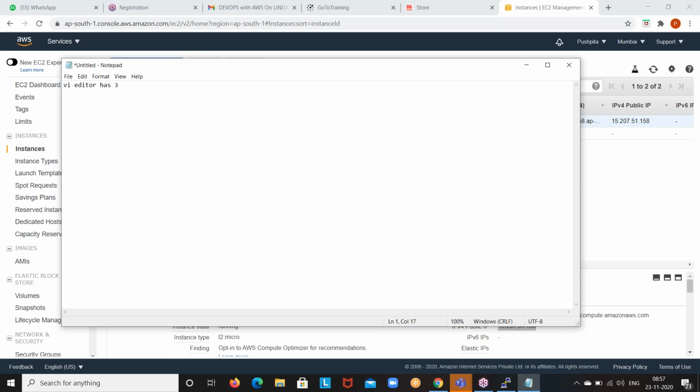Once you open vi space file name, that page is called the editor. There you can edit your file, you can modify your file. The vi editor has three modes. First one, escape mode. Escape mode is the default mode, guys. By default, when you log into vi, that is escape mode only.